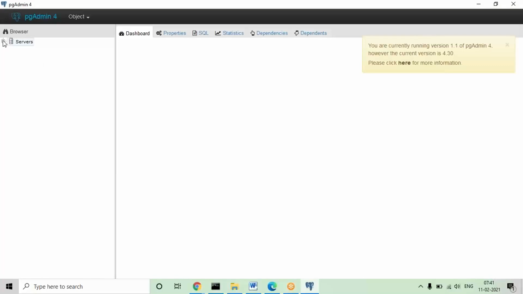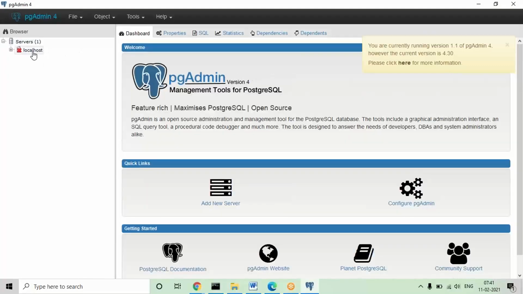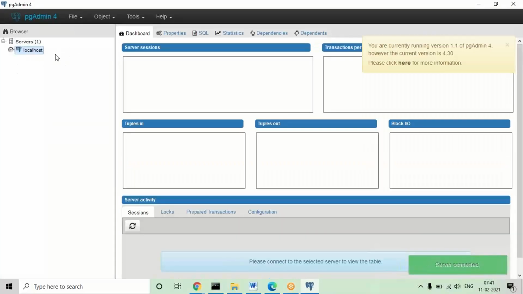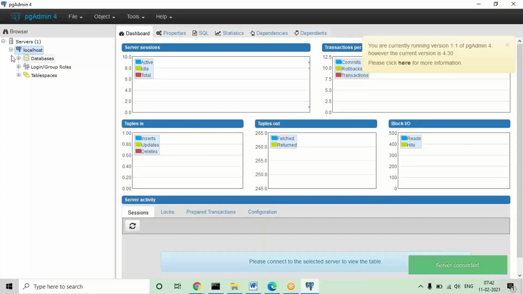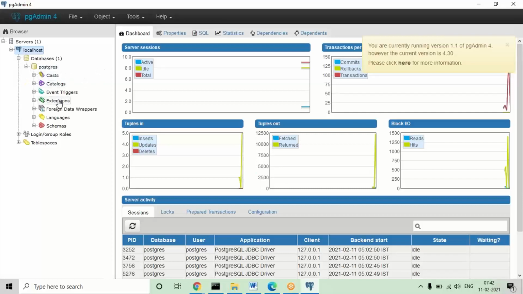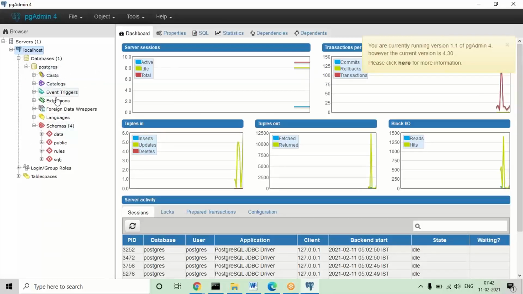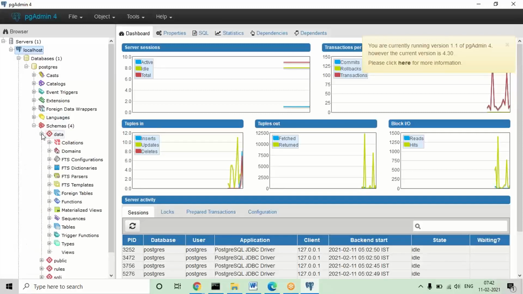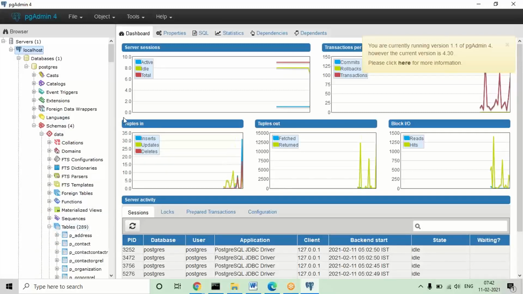So the localhost connection is already given. In the installation part I showed you how to create a localhost connection. You'll get this localhost after expanding. Under this you can see your database named Postgres. This is the default database in the package given in the personal edition. Expand this Postgres and you'll have schemas. Don't worry, the other things we don't use. You need to go to data under the schemas. Under this the Pega tables will be there, called Pega rule base tables.